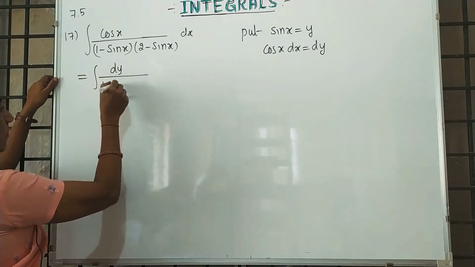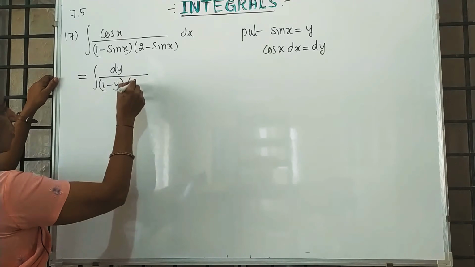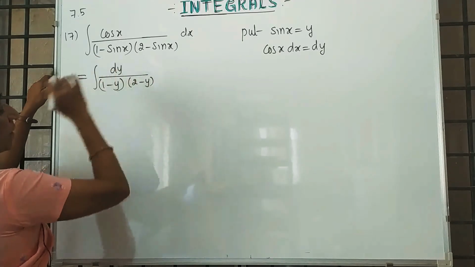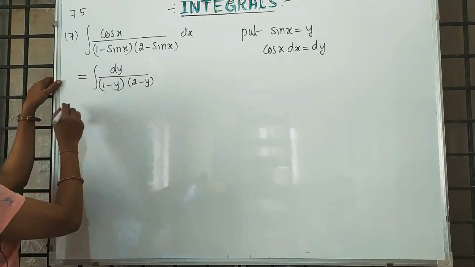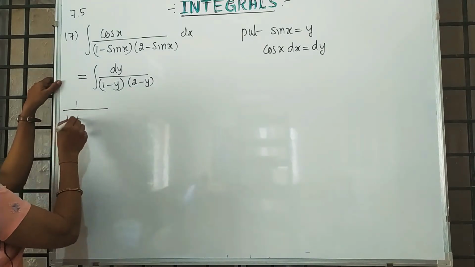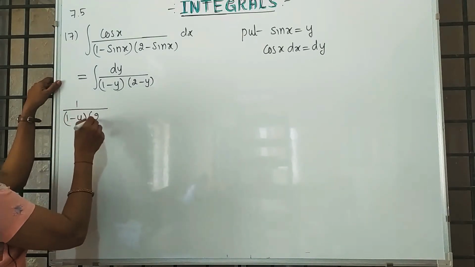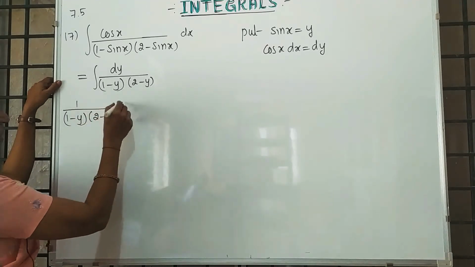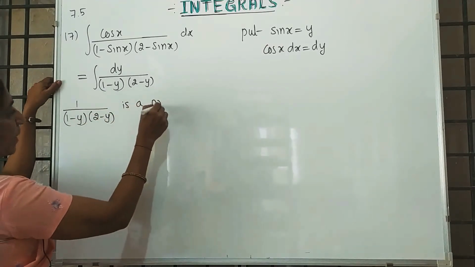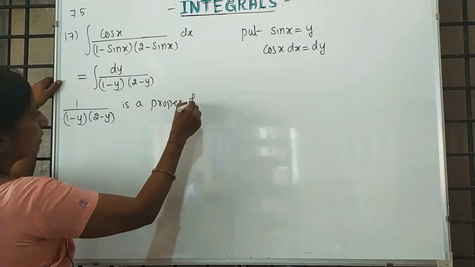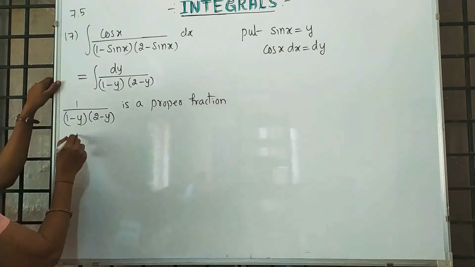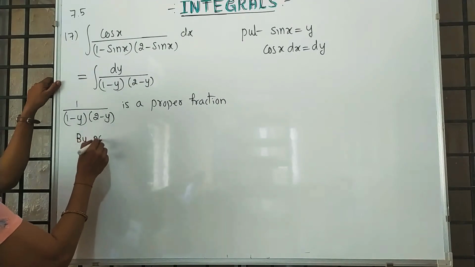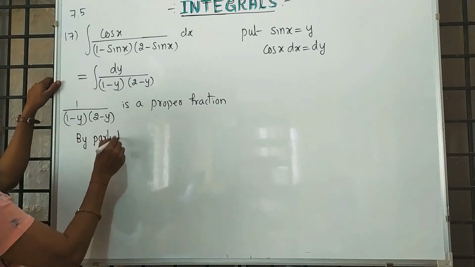It is 1 minus y into 2 minus y. There is no y in the numerator, and in the denominator it becomes y square. So 1 upon 1 minus y into 2 minus y is a proper fraction. Instead of x we have y. Next, by partial fractions,